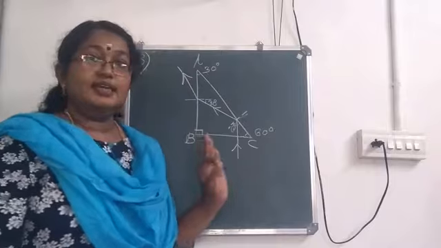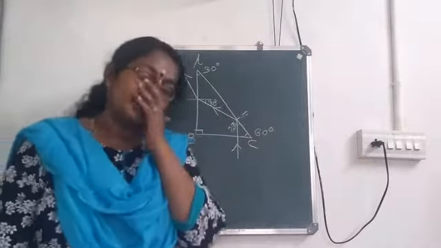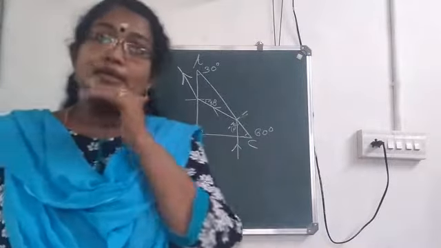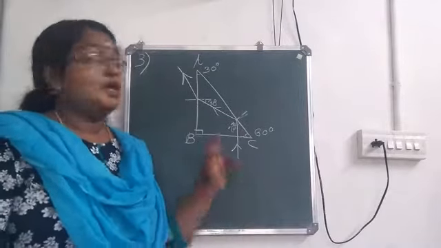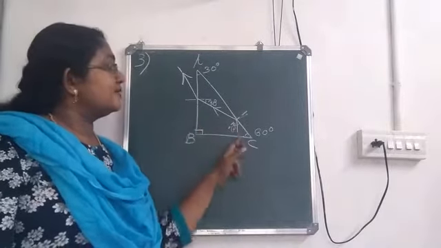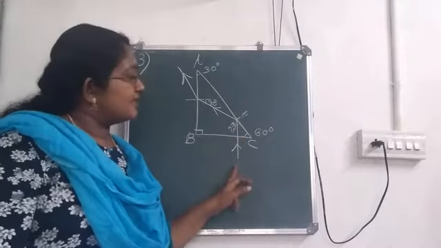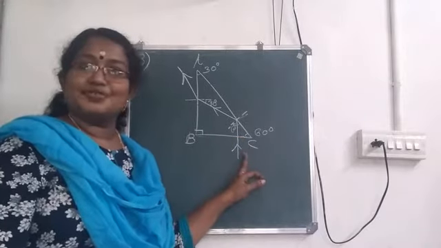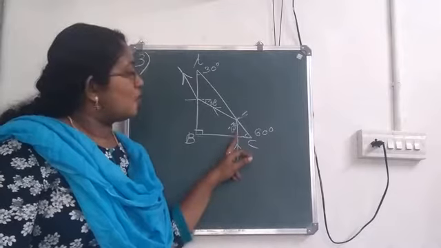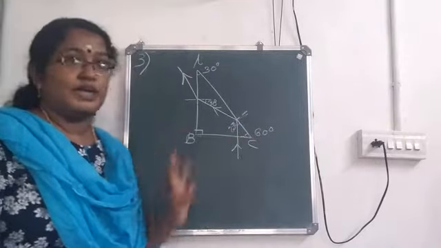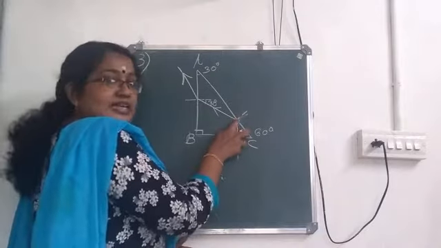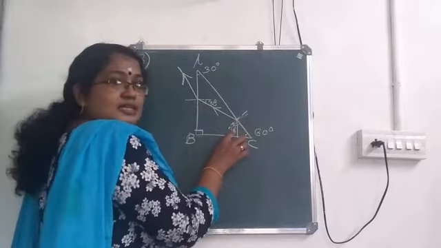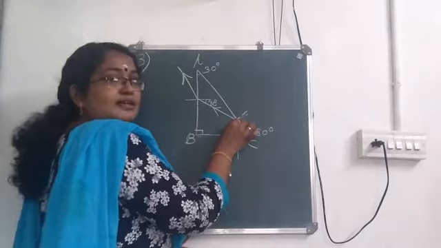So once again, the third one is total internal reflection through a right angle prism. So 90 degree, 30 degree, 60 degree prism. We are considering a light ray which hits on the surface BC. Here, since it is normal incidence, it will enter without any deviation and it hits on the surface AC. It makes an angle 60 here, which is greater than the critical angle.